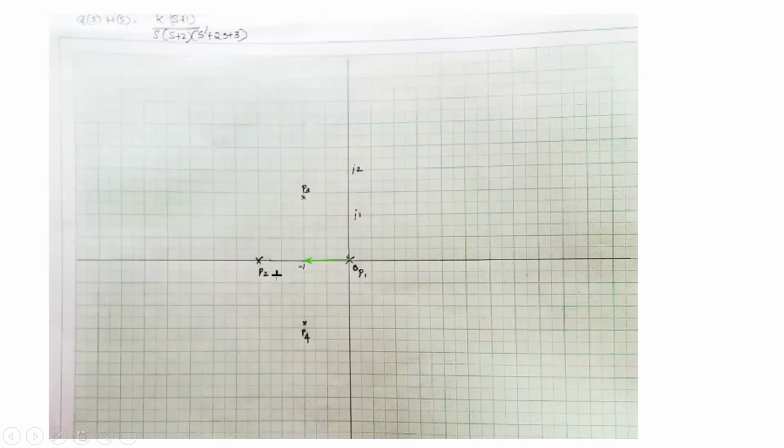But what about these three? They don't have any zeros. So the root locus which starts from here should go like this. The root locus which starts from here should go like this. The one which starts from here should go like this, searching for a zero somewhere at infinity. But how will you know whether it should go like this, or like this, or like this? To guide them, we should have an asymptote. That is the role of asymptote, guiding the root locus.